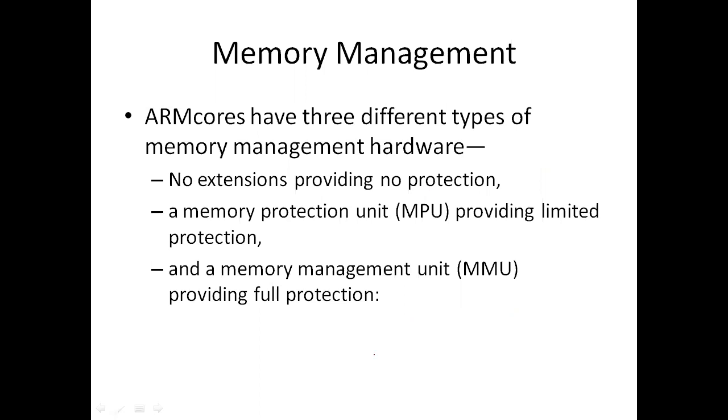The next hardware extension that we can do with the ARM core is memory management. The first thing I have already explained: you can have a cache memory in between the main memory and the processing core. Another thing is that you can have a separate memory management unit. The ARM core has three different types of memory management hardware. You have an option to select any of these following three types of memory management in the ARM processor.